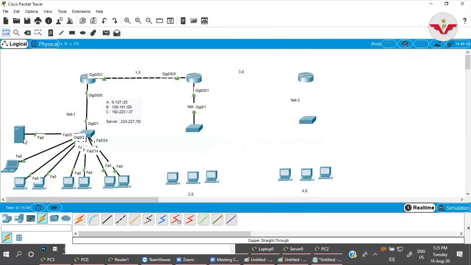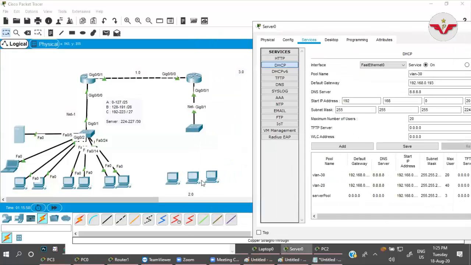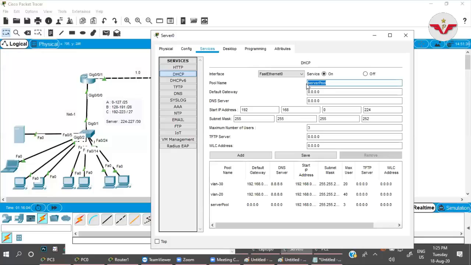So I want to configure this server so that it can provide IPs to this network as well. I'm going to add a pool here for network 2, branch office 1.